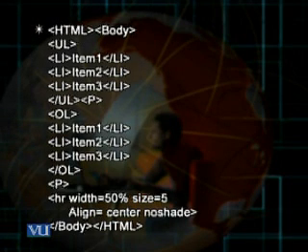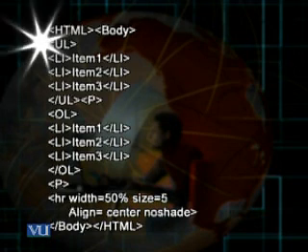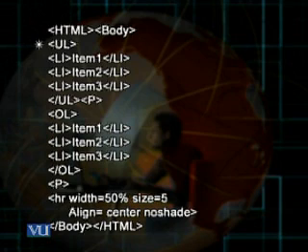In order to create a list, the syntax says that I start with a UL tag or unordered list tag. Wherever I want to create bullets, lists in terms of bullets, I use UL tag or unordered list tag. This has got its corresponding closing tag represented with \UL, as you can see below.